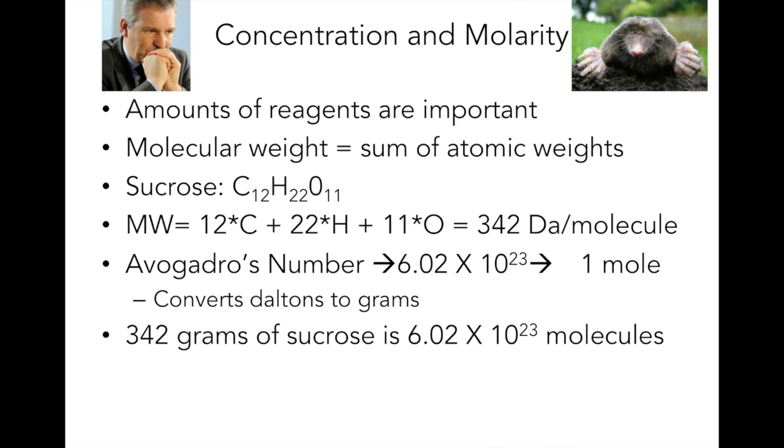So this is what we call scientific notation. And in scientific notation, the number of zeros is very important. So a million is 1 with 6 zeros after it. So that's 10 to the 6th power. 1 billion is 10 to the 9th, or 1,000 times a million. A trillion is 10 to the 12th, which is 1,000 times a billion. So 10 to the 23rd, that's practically a trillion